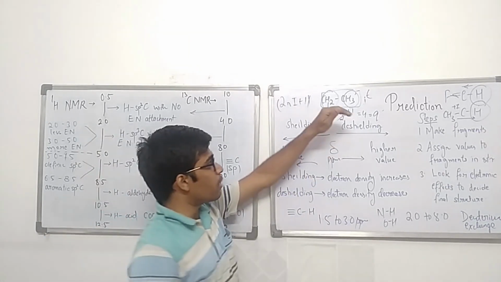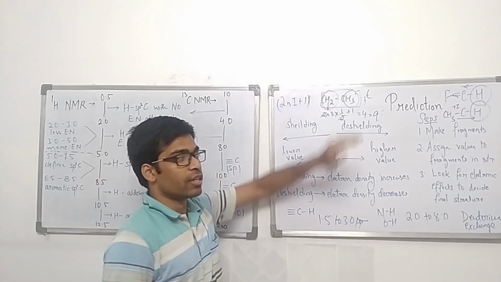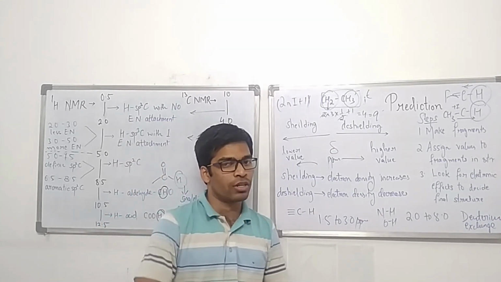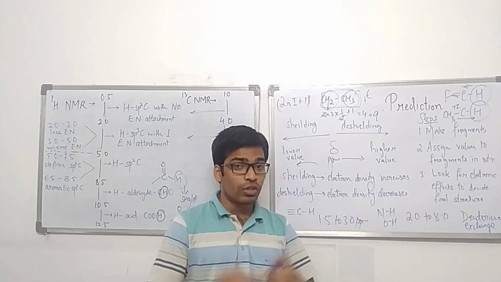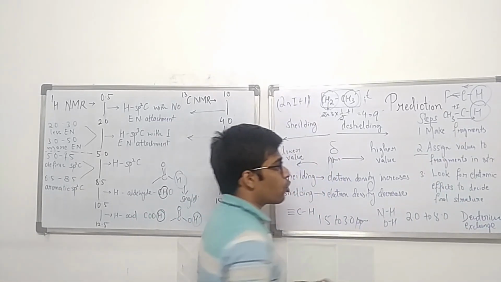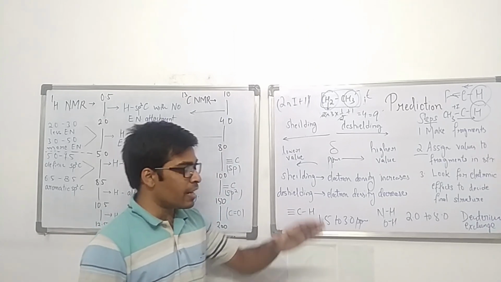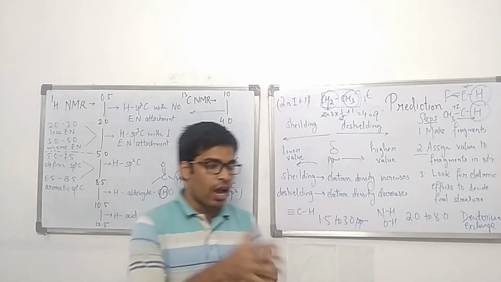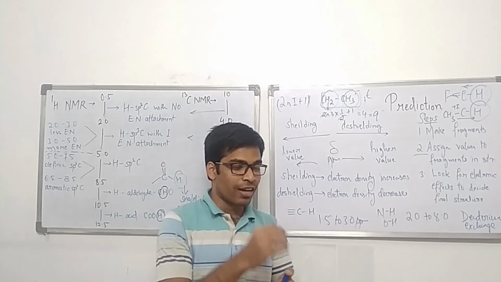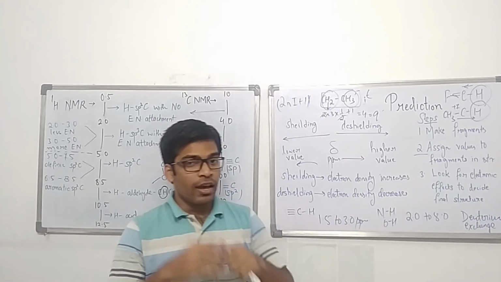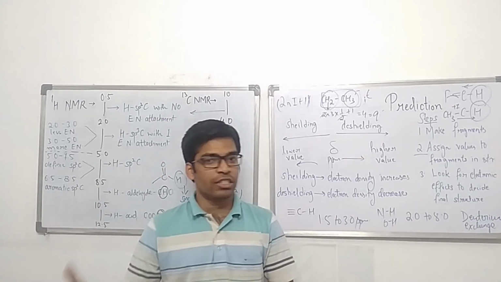Now if you are able to come to the point that the CH2CH3 fragment is there, you will be able to see that from 4 options, 1 option is automatically removed. So this is the first step. The second step is, now that you know the values, you start assigning the values to the fragments in the molecule. Like if you have 3 more molecules, you start assigning those values which are given in the data to fragments of the molecule. You will find that again one structure gets reduced out.